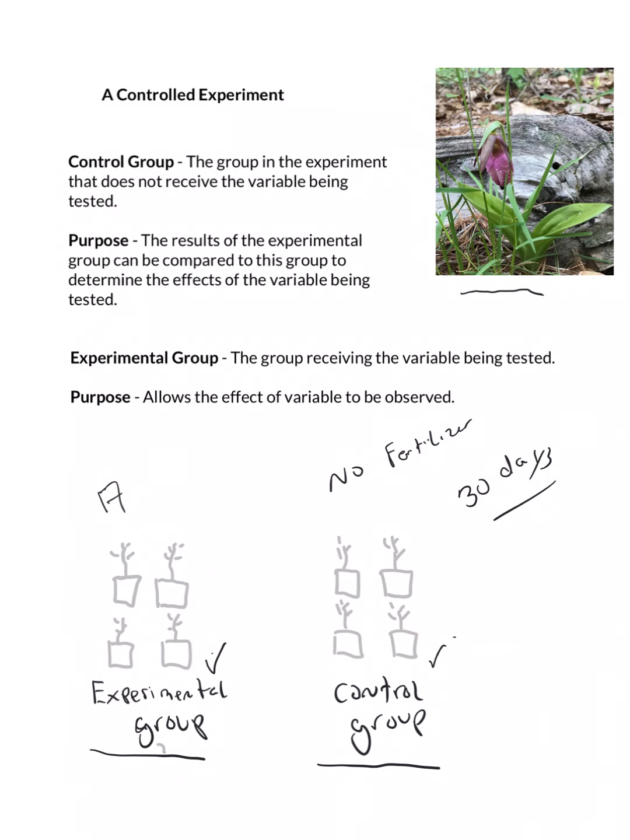If I didn't have the control group, right, if I got rid of the control group, then all I would have known is that the plants grew a certain amount in 30 days. But I wouldn't know